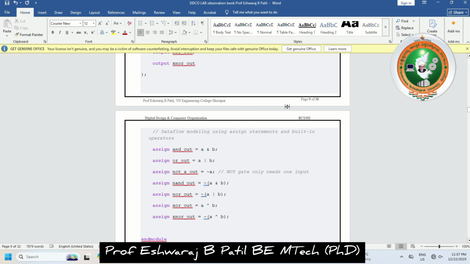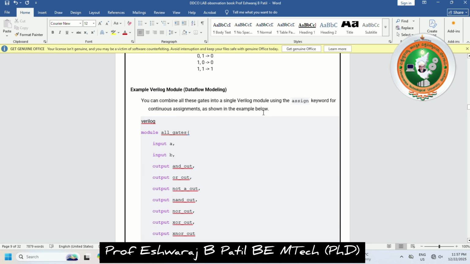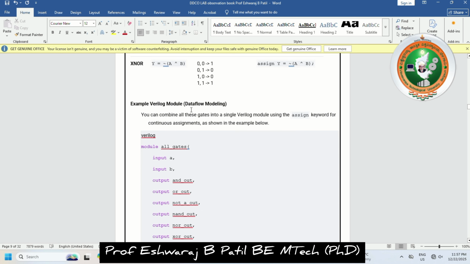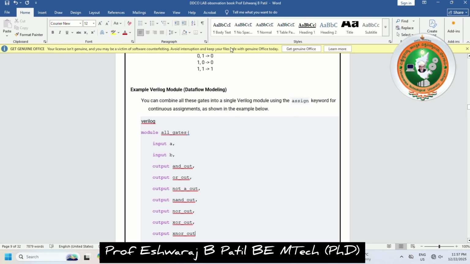I am writing the Verilog code in the data flow model. That is why I used the assign keyword. All these Verilog codes use the assign keyword within continuous assignments, as shown in this figure. That is the meaning of the assign keyword. Assign AND out equals A ampersand B, and assign OR out equals A vertical bar B for the OR gate. Similarly, the